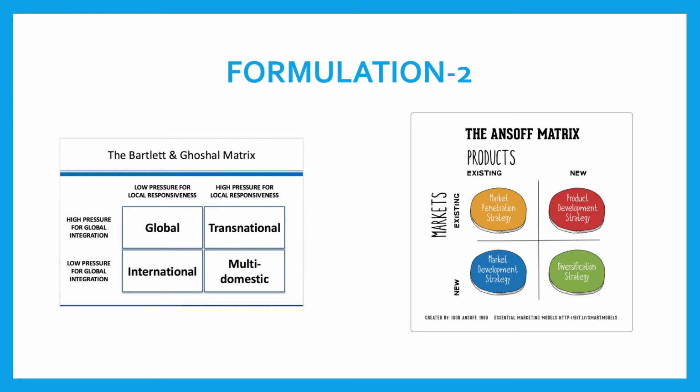In multi-domestic, it handles markets independently for each country, adopts products according to the local needs and preferences. The example of international strategy is a small company which is exporting its product but has not invested in that particular country. Multi-domestic example would be McDonald's. Global example would be your iPhone, Apple.